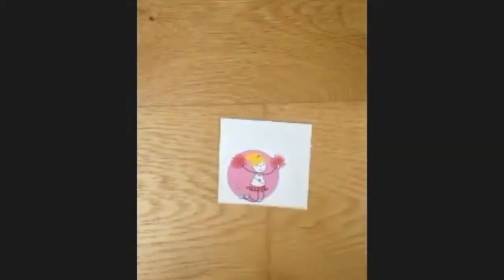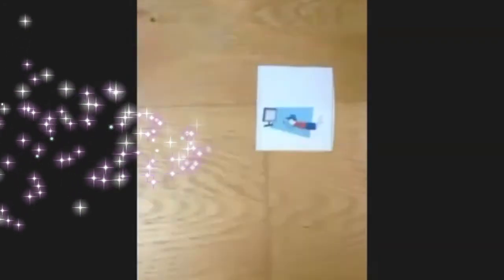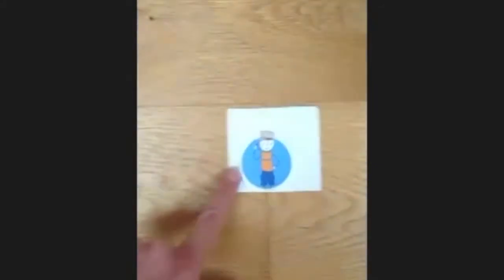We're going to come from this one here. That one is sauter. Très bien. Next one. What was that one? Did you see it? It was regarder. Très bien. Next one. What's this one? Qu'est-ce que c'est? Here it comes again. It's danser. Très bien. Right. What's this one here? Where's it going to come from? Qu'est-ce que c'est? This one is